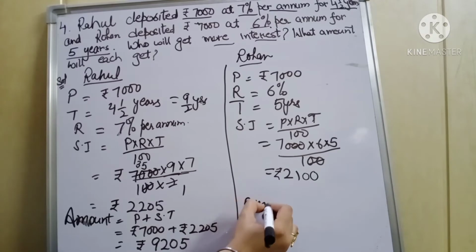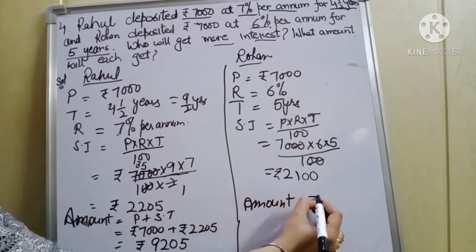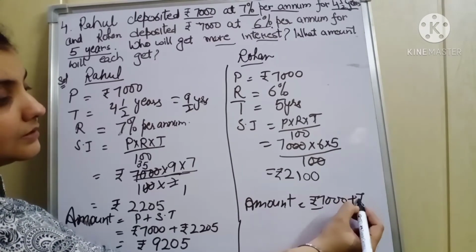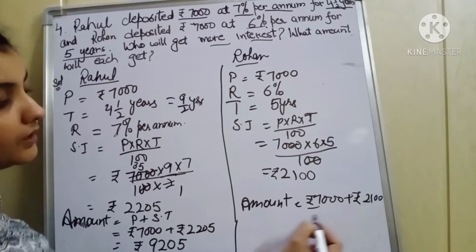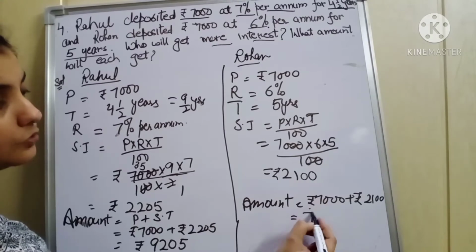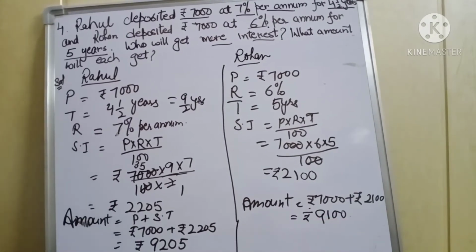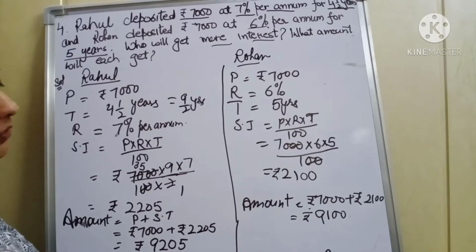Similarly, here the amount is equal to rupees 7,000 plus 2,100. That means rupees 9,100. So in your conclusion line you will write, hence Rahul gets more interest than Rohan,